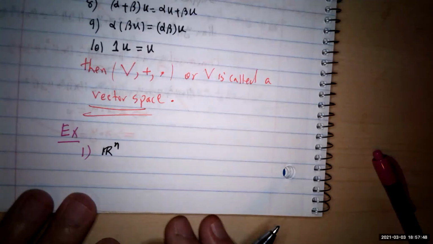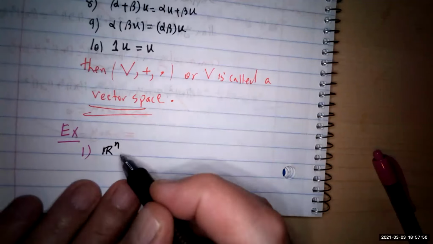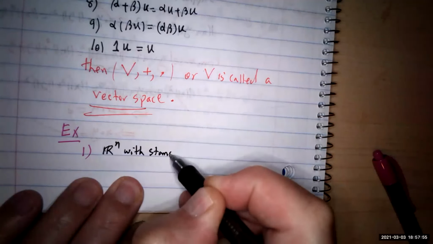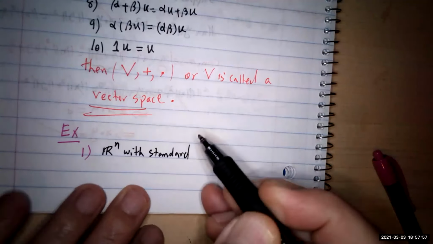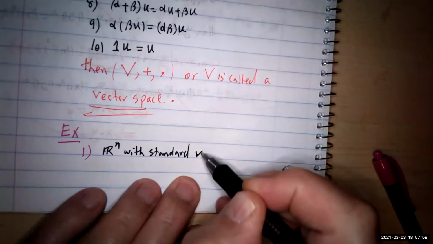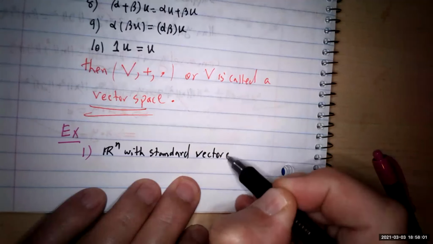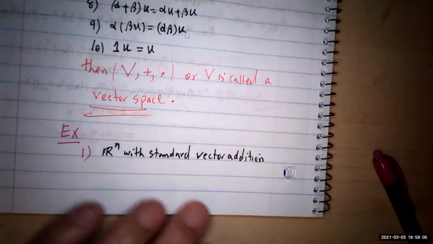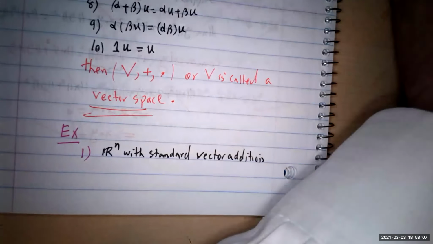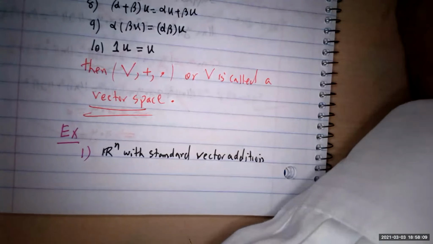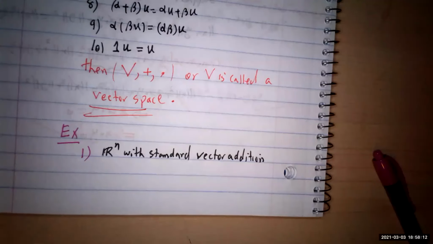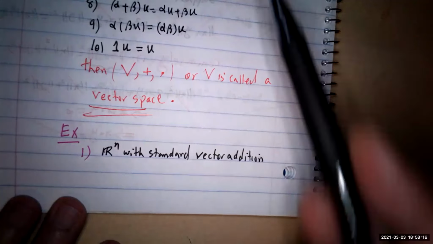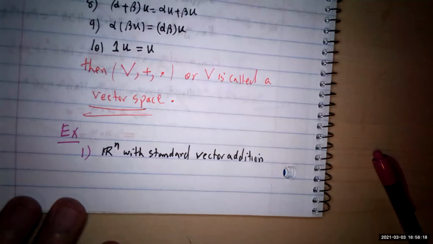You have to tell us what type of operation: the standard vector addition. A standard vector addition means when you want to add two vectors, we add the coordinates together, coordinate-wise, if you like. So Rn with the standard addition, because we already proved that it follows all those properties,